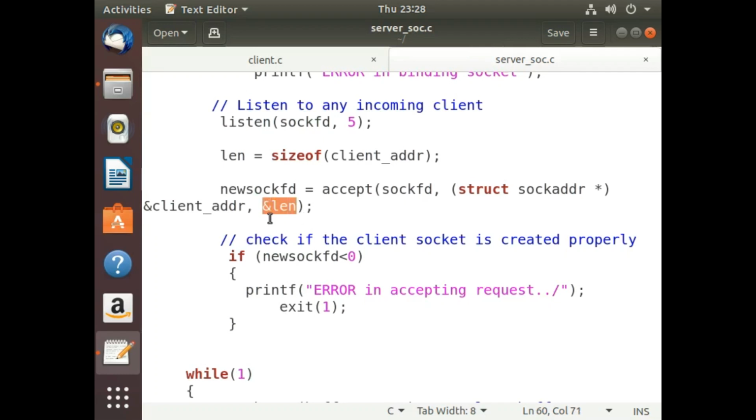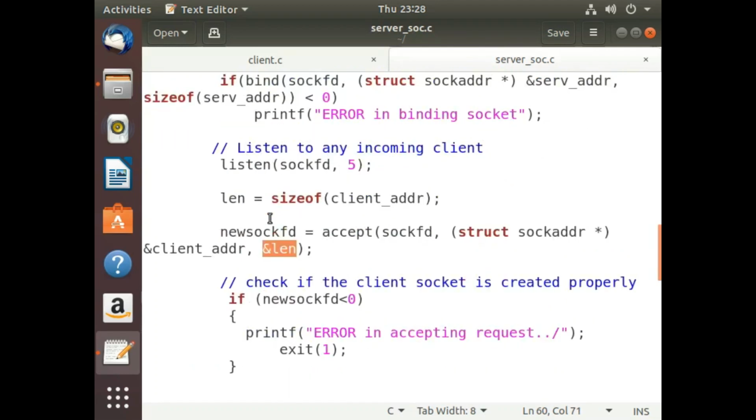As I explained in the earlier step as well, for binding, similar to that, the accept function is expecting a pointer to this type of structure variable, but our structure variable is of type sockaddr_in. So we have to typecast it and then pass a pointer to this accept call. Understood? As soon as this accept call is executed, a new socket will be created, and the new socket's file descriptor will be stored in this integer variable new_sock_fd.